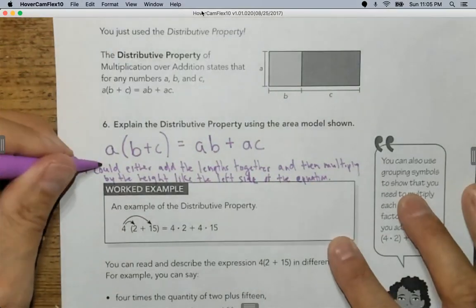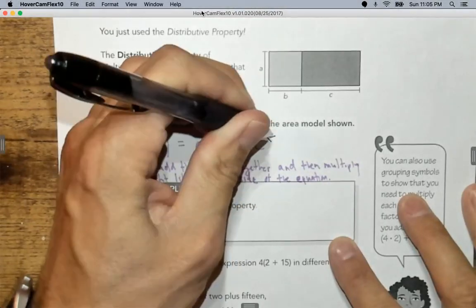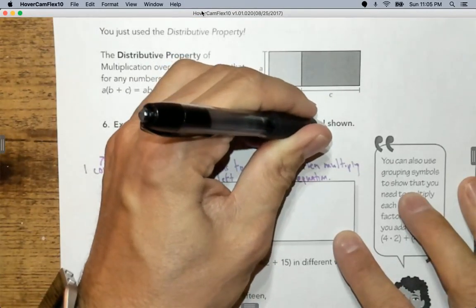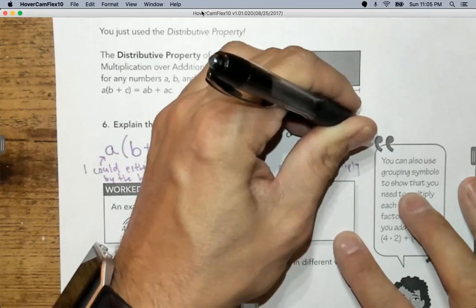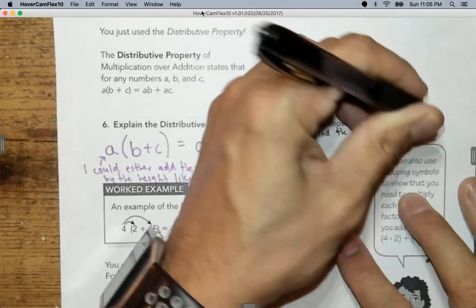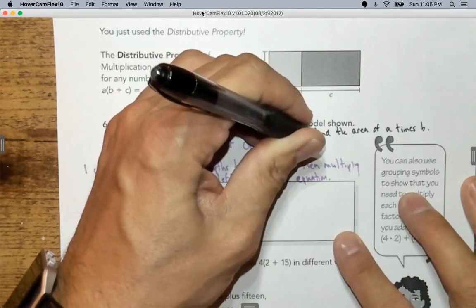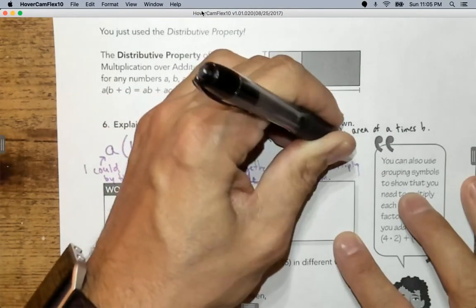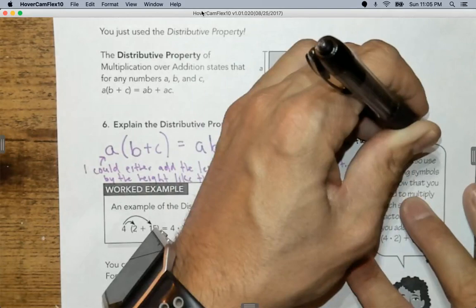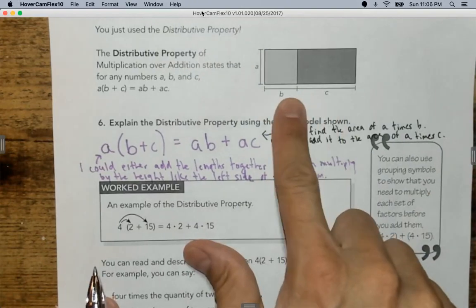And so that's over here. Or I could find the area of a times b and then add it to the area of a times c. Okay, so either I could add these two together and multiply it by a to get the area